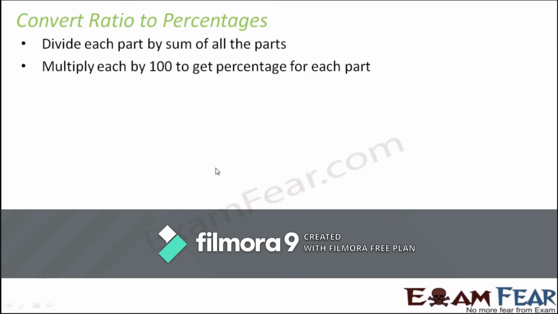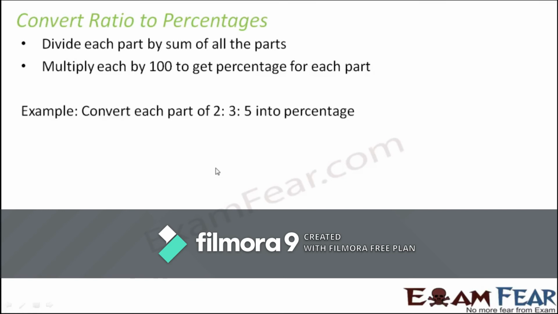Did you understand anything from these? No? No problem. Let's take an example. Let us suppose that you have to convert the ratio 2:3:5 into percentage. When I say into percentage, this basically means that it is talking about a comparison between three quantities. For example, it could be the ratio of the marks obtained by three students is 2:3:5. That means if student A has scored 2x, then student B would have scored 3x, and student C would have scored 5x.